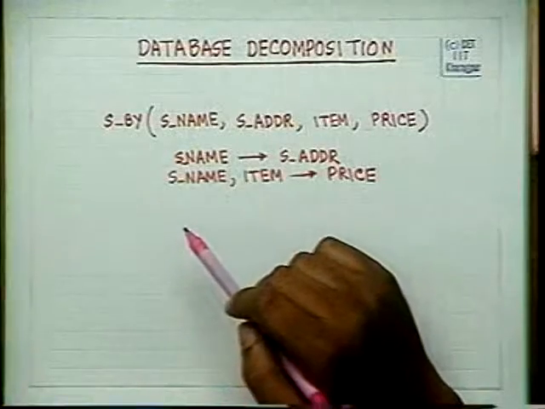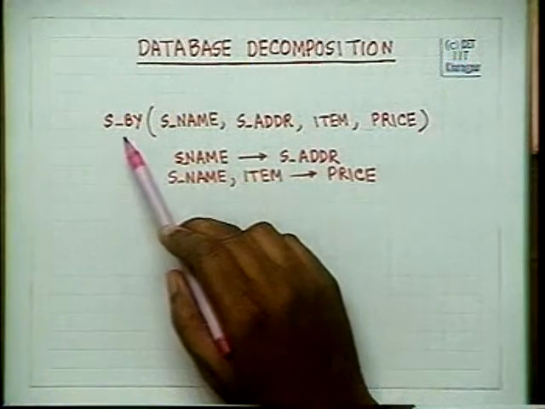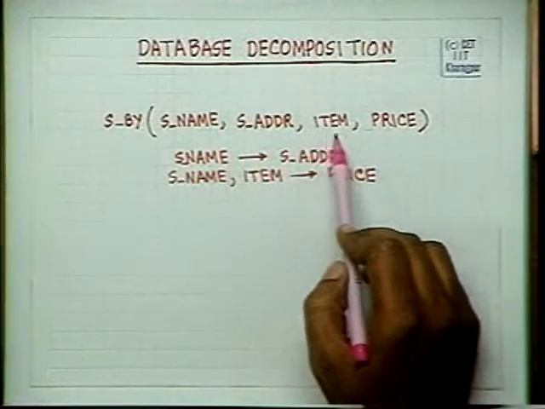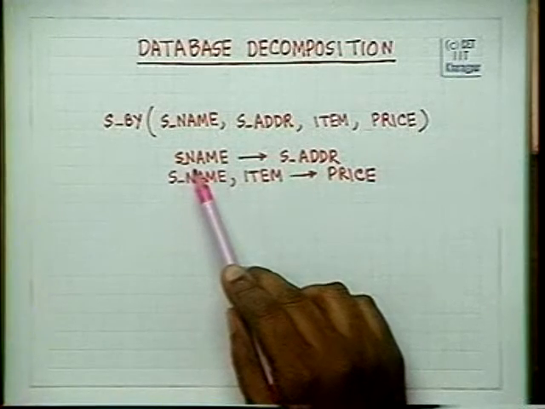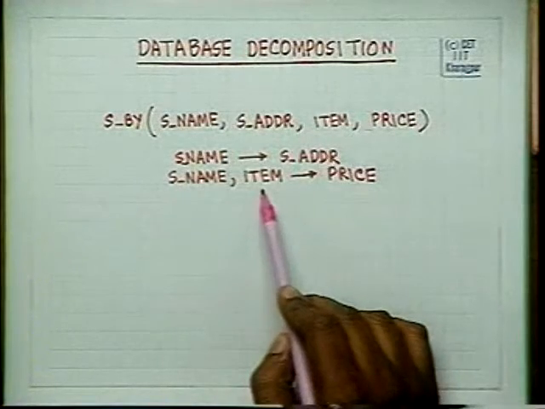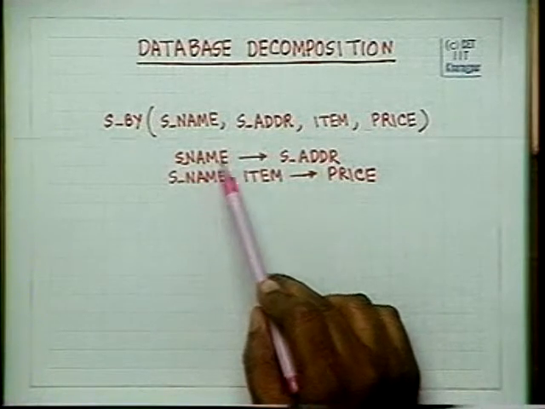We have started studying the problem of redundancy in a database description and why decomposition is important and useful in a database. We will quickly revisit that and study this topic of database decomposition in detail today. Let us take the old example which we took yesterday, the supplier database scheme with supplier name, supplier address, item and price. And we had two functional dependencies, one from supplier name to supplier address and another from supplier name and item to price,